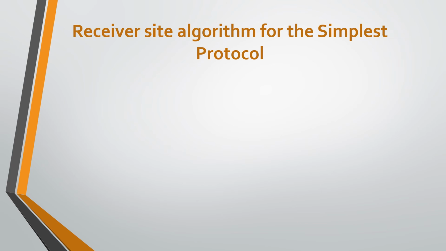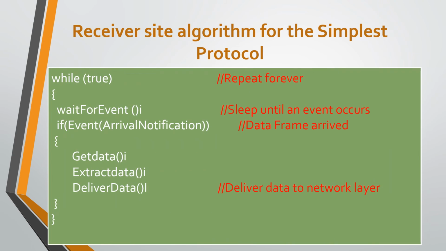This will be the algorithm for receiver side. We already studied that the receiver is also ready to accept data, but it can accept data only when the physical layer of the receiver has received some data through the transmission medium. When the physical layer raises an event about arrival notification, only then are these functions performed by the data link layer,